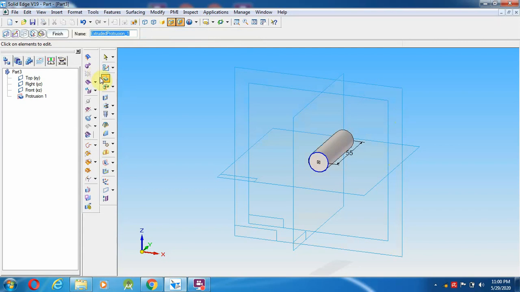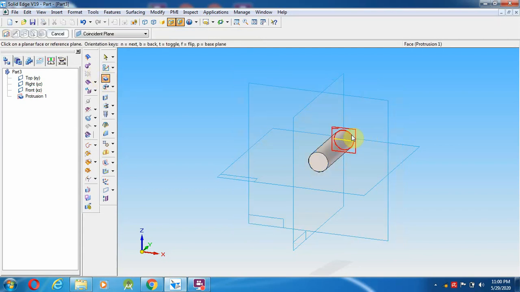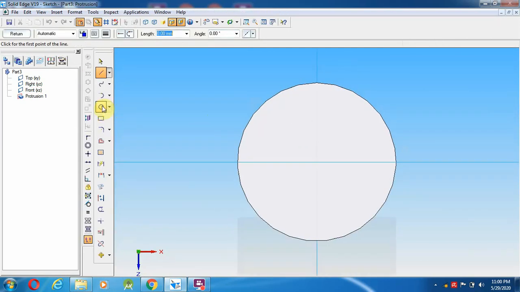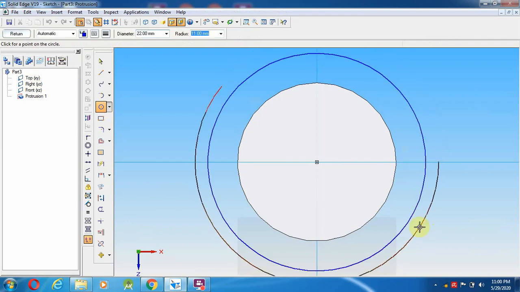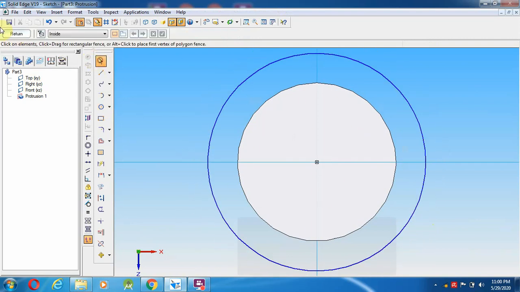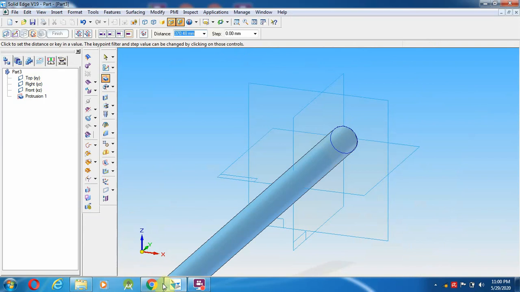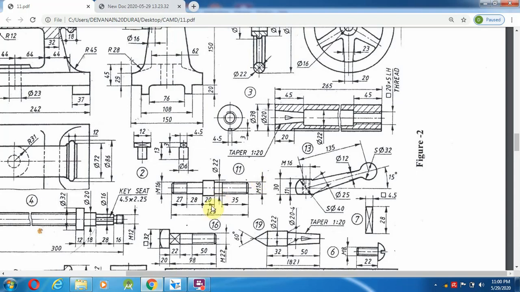Then come over here, again protrusion on the other side, select a 22 mm circle. Then the distance is what is mentioned over here, 20 mm.